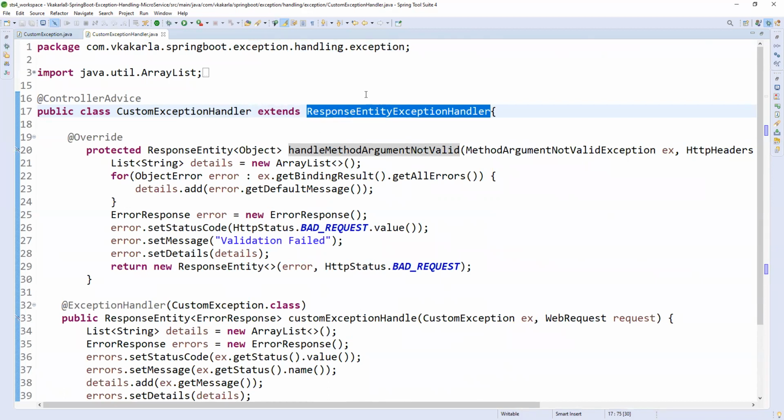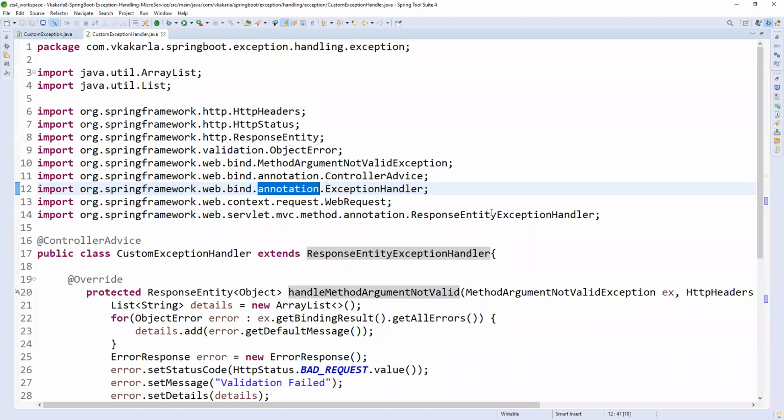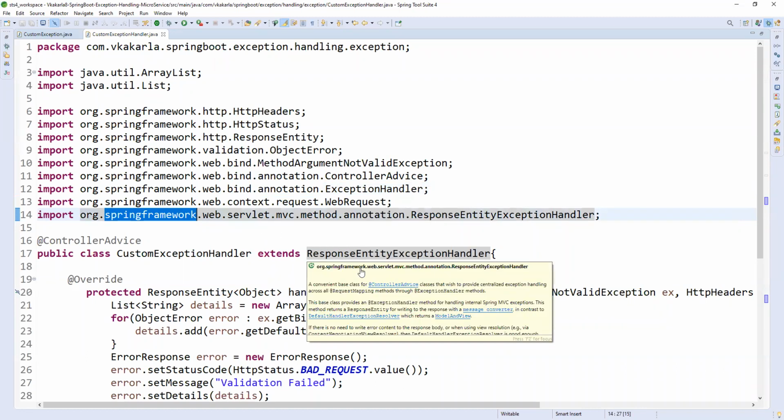If we want to get the properties and behavior of this ResponseEntityExceptionHandler, we need a class that extends it. Then only will we get the behavior of this class. Why? Because this is the inheritance concept. Whenever we extend class A from class B, all the class A properties will be available in class B. So we are getting the properties and behavior of this ResponseEntityExceptionHandler, which is given by the Spring Framework, in the web servlet package. Web servlet means whatever request we are passing and response as part of request and response, it will take care of all the exceptions.